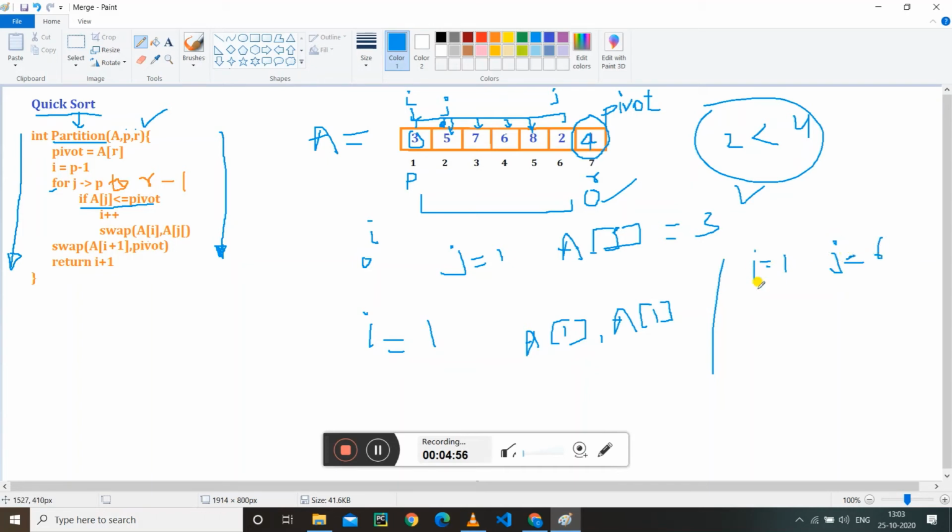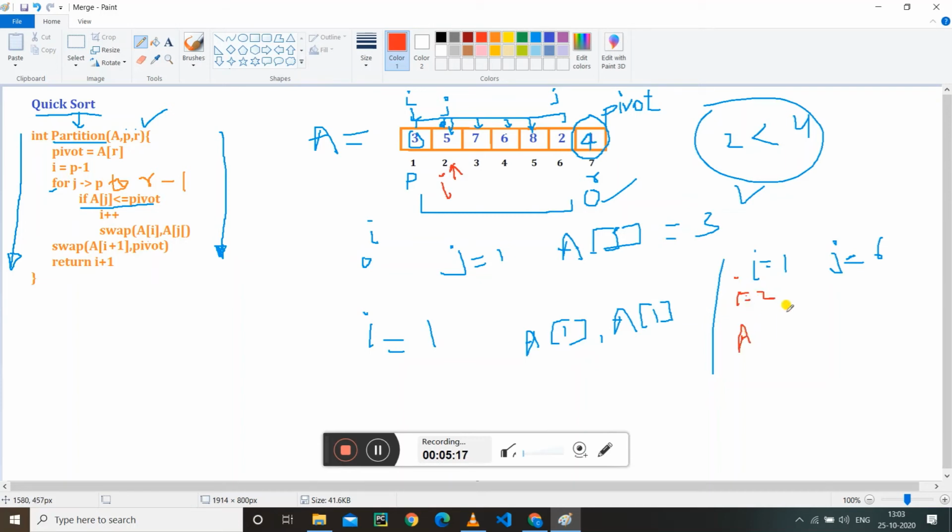Now we have to first increase I by 1, so I becomes 2.